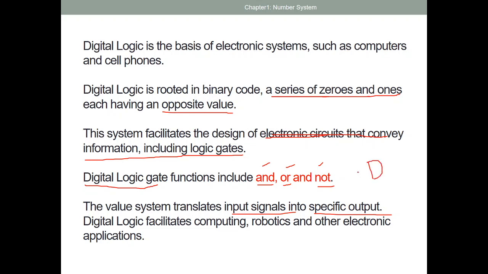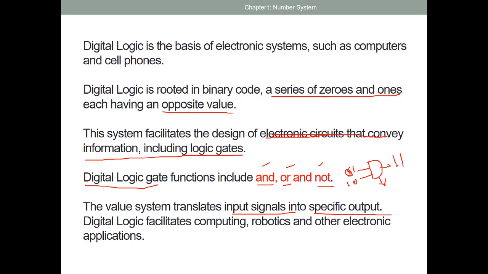For example, this is one of the digital circuits. I'm giving an input as 0, 1, 1, 0. This is a digital circuit, and what it will do is add these two values.